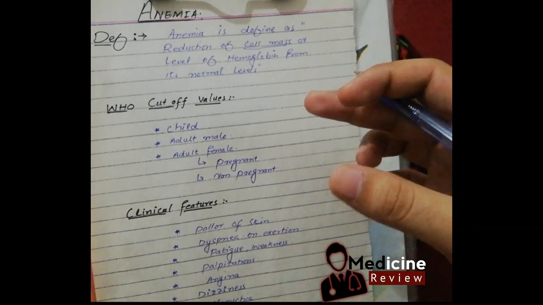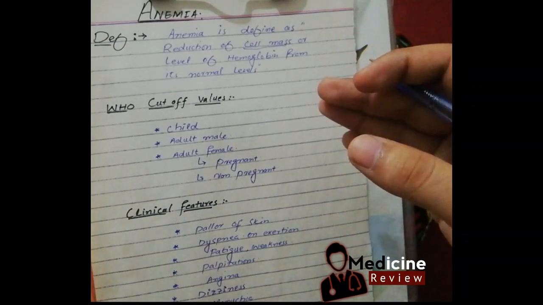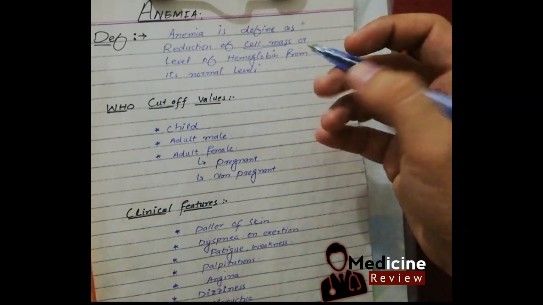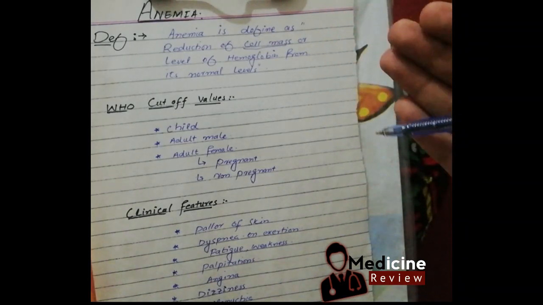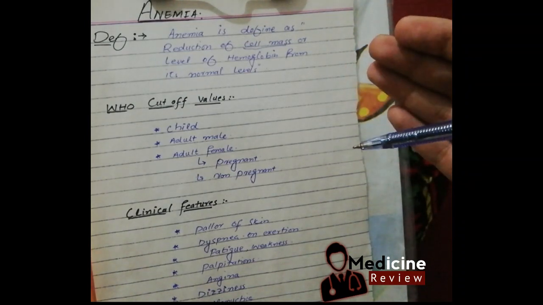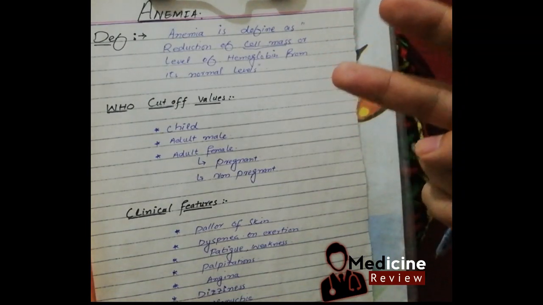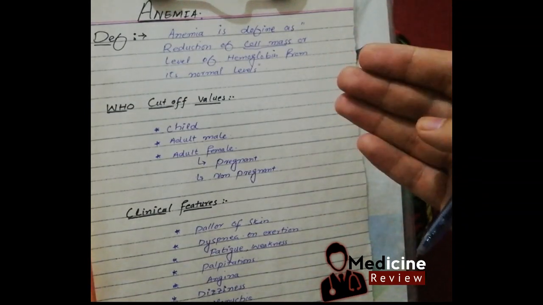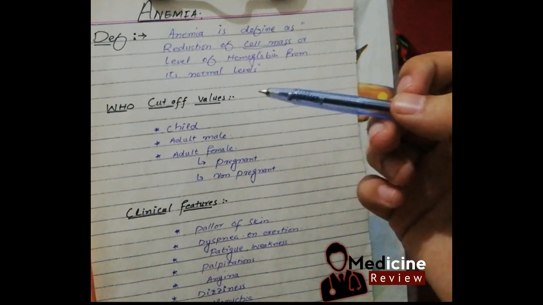When the hemoglobin is decreased, it shows the RBC cell mass is decreased, but if the hematocrit is increased, it suggests polycythemia. If we find the hemoglobin level, from that we can find the hematocrit level, by multiplying the hemoglobin level by 3. So for the general concept of anemia, these two things are very important: cell mass and hemoglobin. If either decreases from the normal level, we call it anemia.